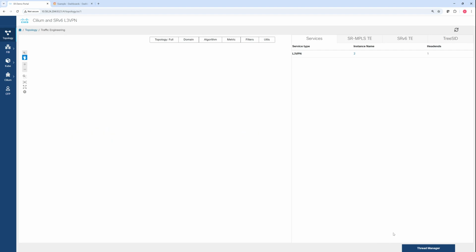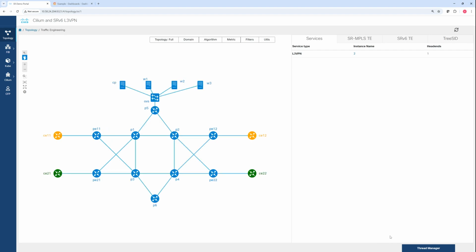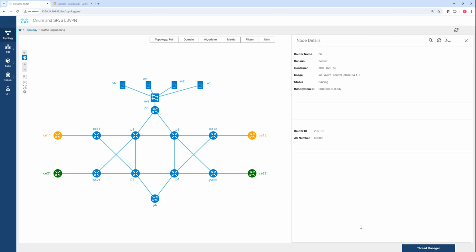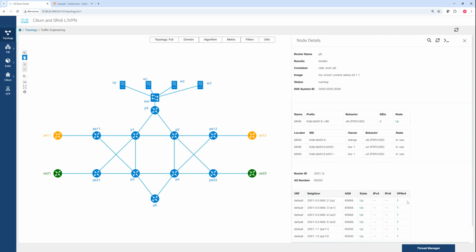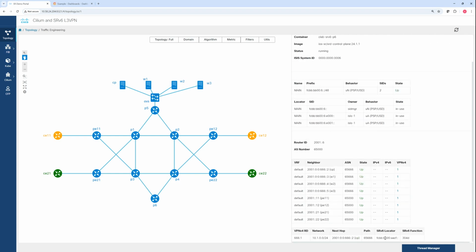And I will not change it again. You can go back with the recording to see that the SRv6 TLVs in VPN v4 shown here correspond to a SID that has been allocated to that VRF. So that information is sent over the route reflector, and then to C11 and